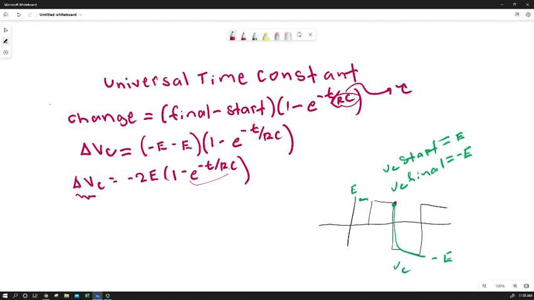So let's take t to infinity. Let's look at steady state. At steady state, this whole exponential term would be 0. So the change in the voltage drop over the capacitor is negative 2E, because negative 2E times 1 minus 0 is negative 2E. Well, as it turns out, to go from here to here,